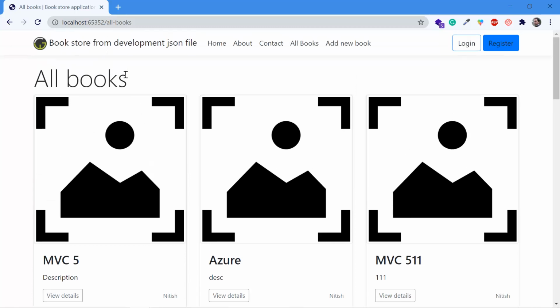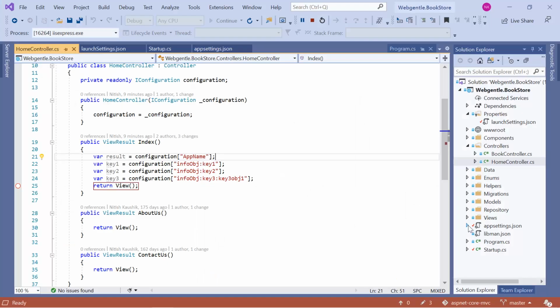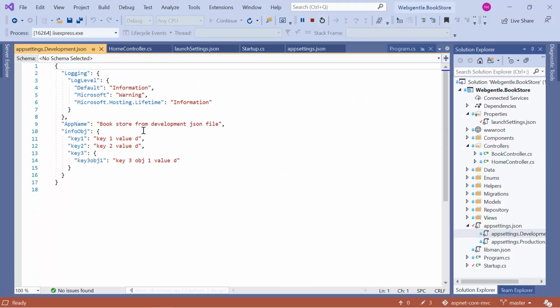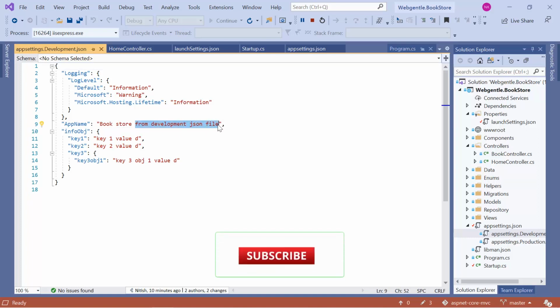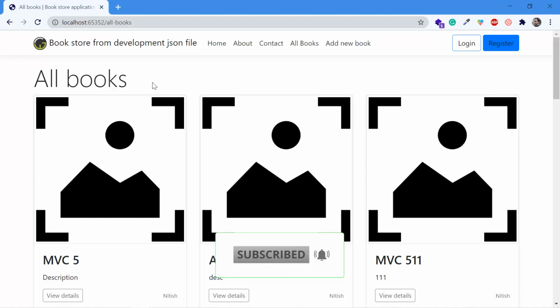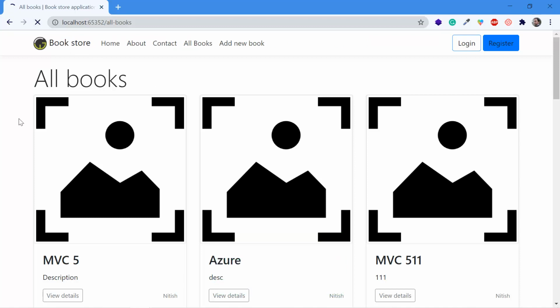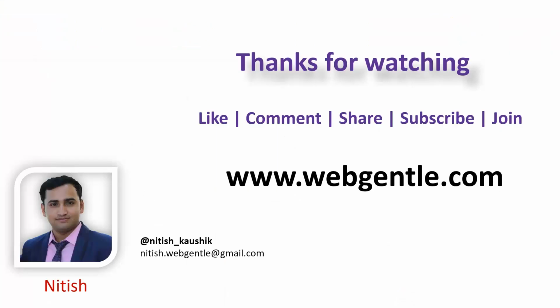We can update this name by updating our app settings file. So we need to update this development. Let's save the changes. There is no need to build your application after making any change into the app settings file. Refresh this page and the name of your application is updated. So this is how you can define your connection string in app settings file in ASP.NET Core application, and you can read your connection string from app settings and use it in your application.